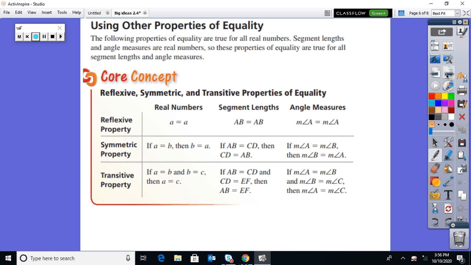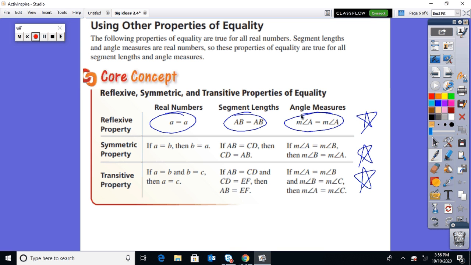All right, and some other properties of equality we're going to use a lot this year as well: reflexive, symmetric, and transitive. You might think, what do I need a property to say A equals A for, or that AB equals AB, or that angle A equals angle A? You're going to see coming up in the next 2 or 3 chapters, we're going to use the reflexive property